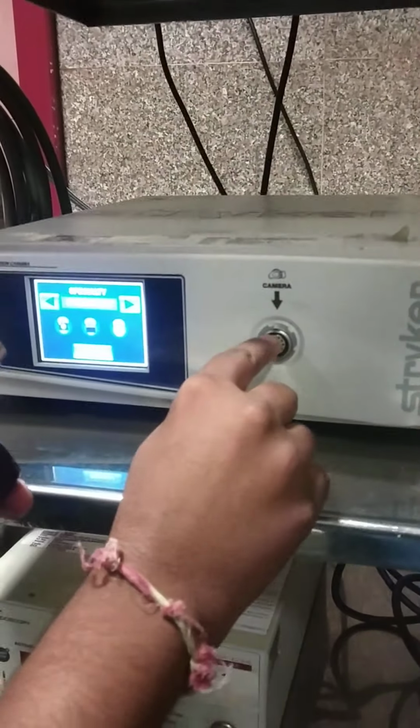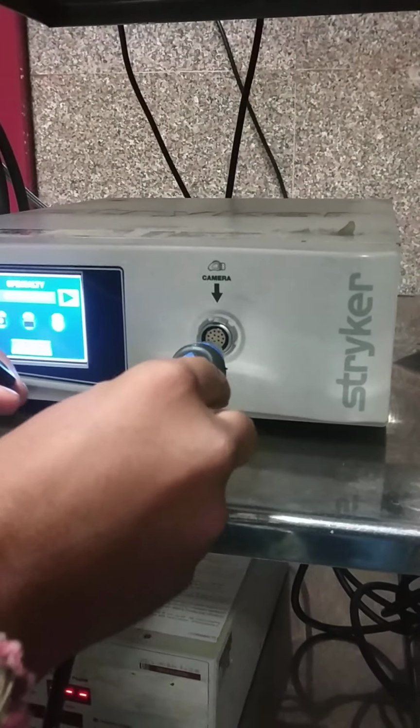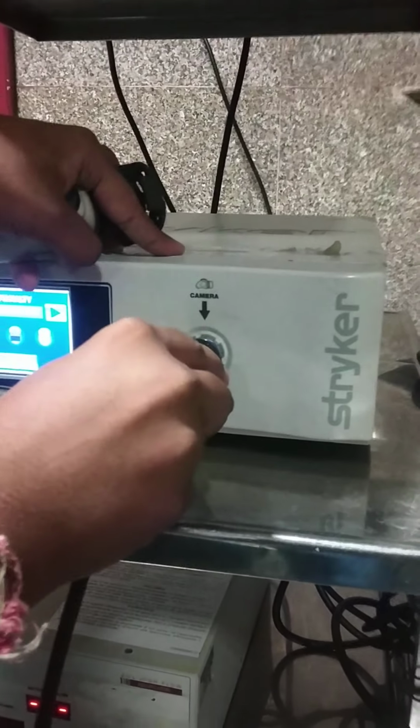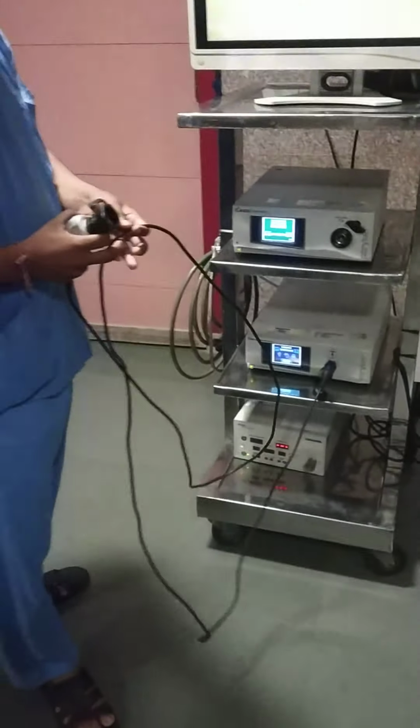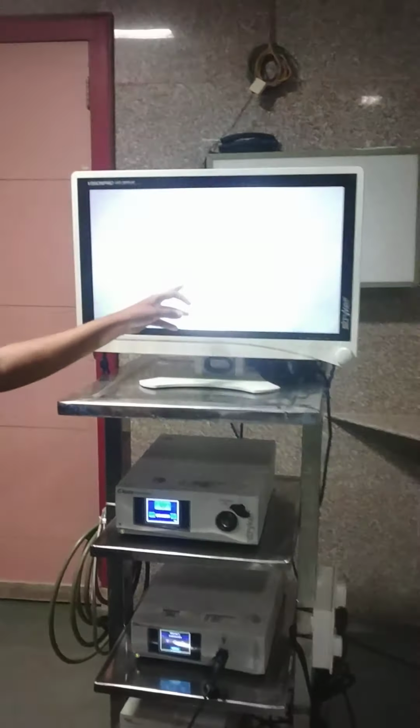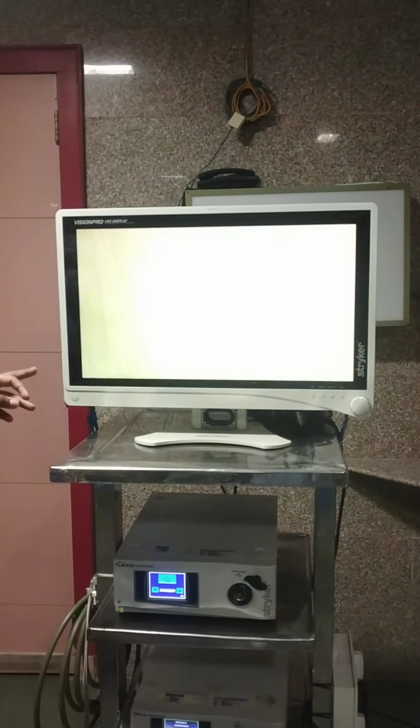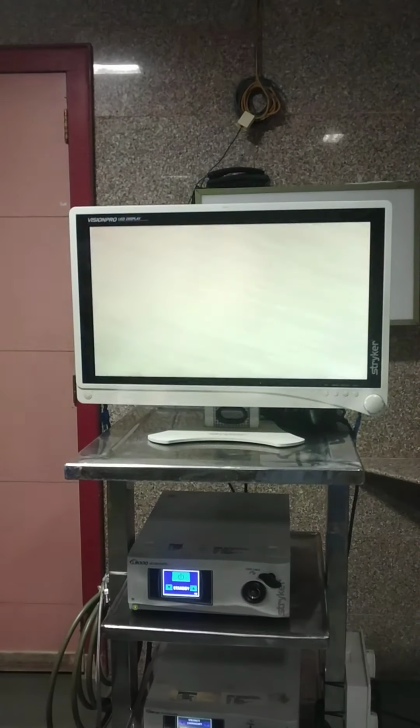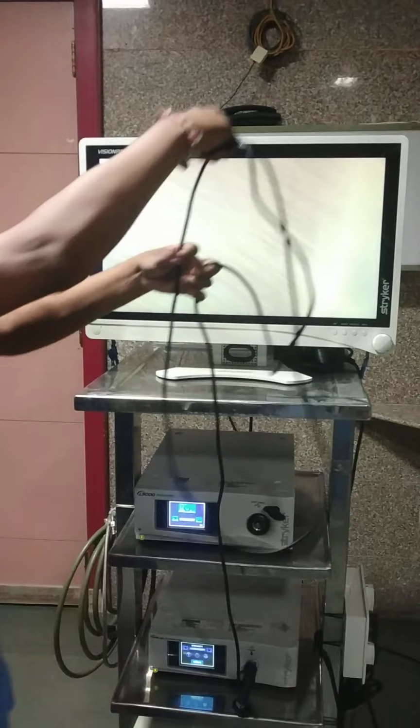Before connecting, you can observe this notch. You have to match the arrows, and you can connect and push it. It will get connected, and once it is connected, you will see the images here. You can observe the images are here, right? Once you connect the camera,